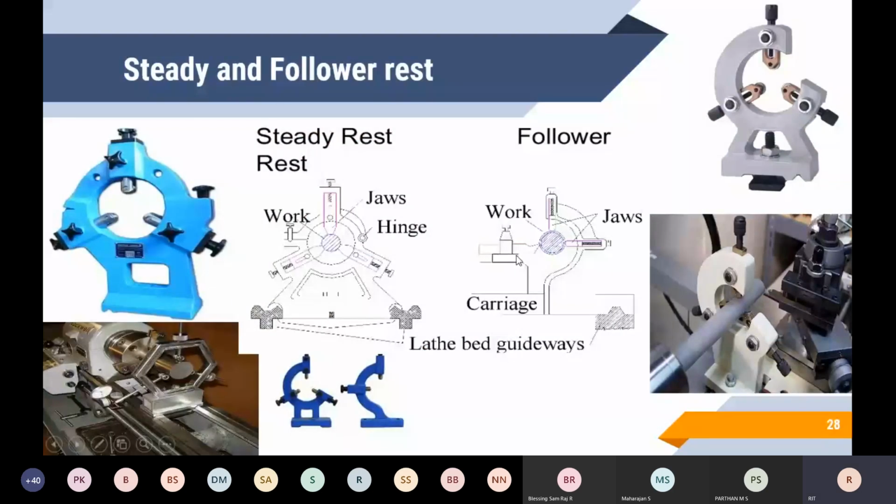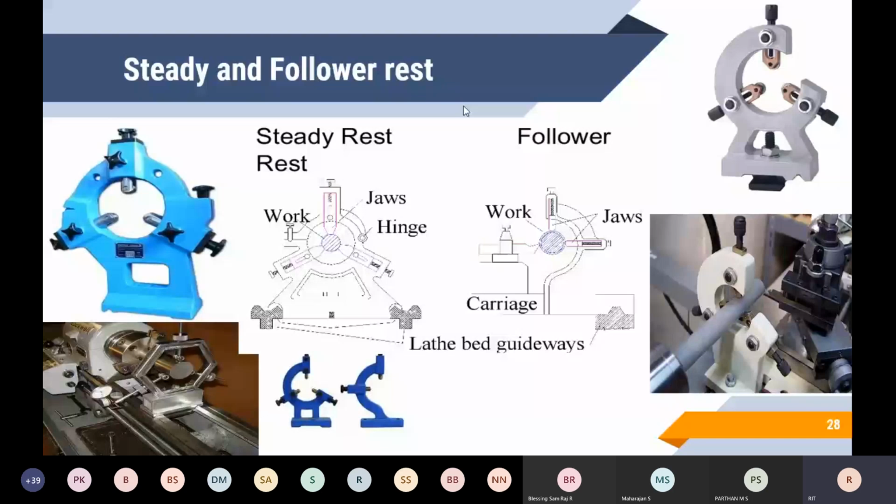The next one is steady rest and follower rest. The rest is a device which supports long workpieces, for example, when the length to diameter ratio is more than 10 or 12 when machined between the centers. It prevents the vibration and bending of the workpiece when the length and flexibility of the workpiece make it difficult to machine without deflection. Because during machining, a lengthy job will be deflected. To prevent this, we have to use the steady and follower rest. This is especially for long axles, shafts, and similar parts used in automotive or heavy equipment applications or oil drilling components. For that, you have to use the steady or follower rest.